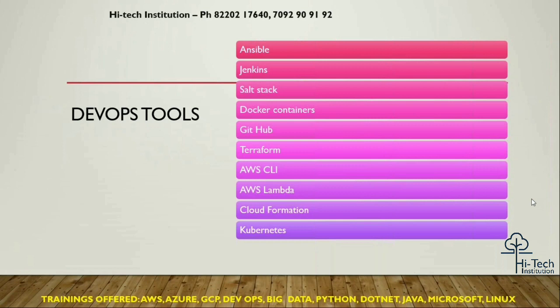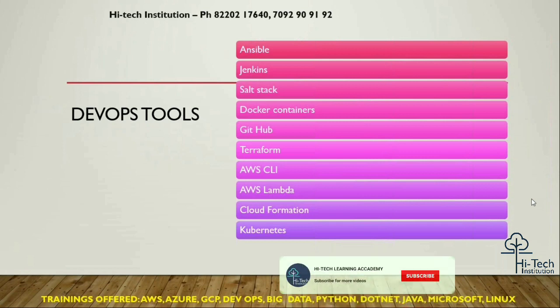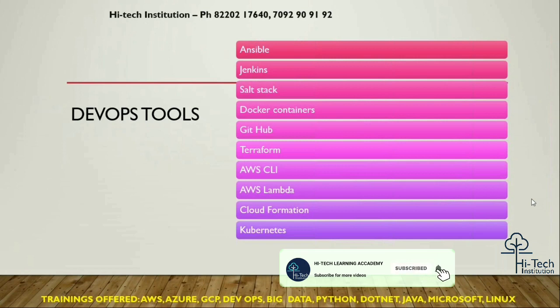So coming to the major DevOps tools, which are peak in today's market. First one, Ansible, Jenkins. Don't mistake me, it's just in alphabetical order. I'm not sure, but it's not the priority. But these are the tools, each with a different purpose. So Ansible,